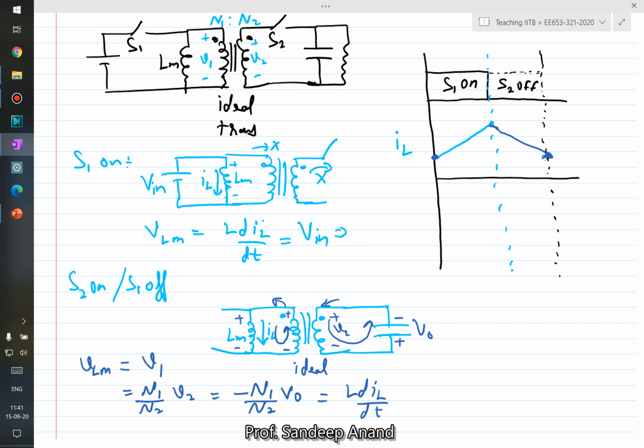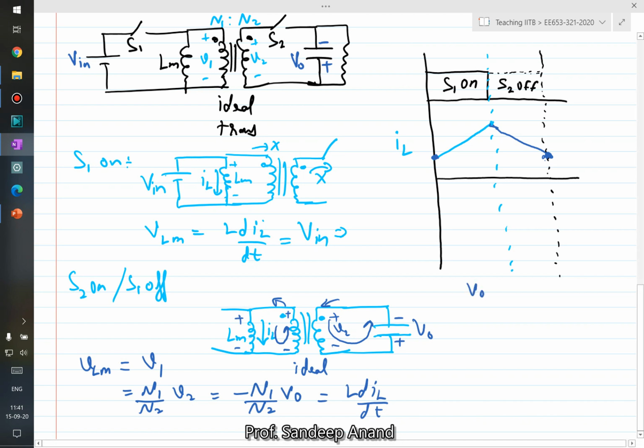Okay, so now the next thing is, once we have found the output voltage polarity, which we understand is plus at the bottom in this way, let me mark it in the original figure also. Once we have found the output voltage polarity, what is the relationship between the output voltage and the input voltage? We can just apply the Volt-Second law.